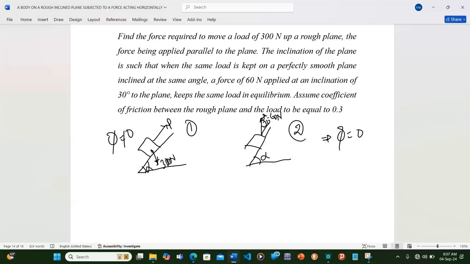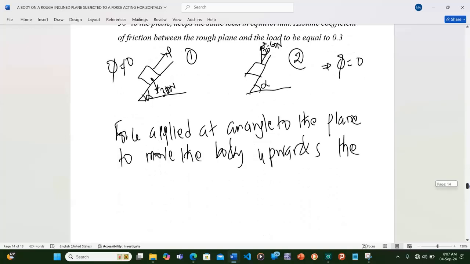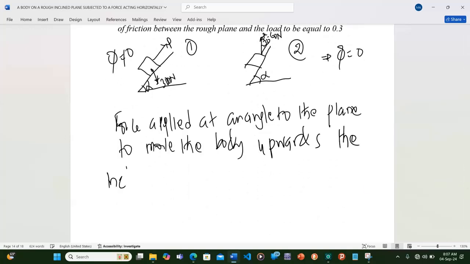But do we know the force applied at an angle to the plane to move the body upwards along the inclined plane? That force, if we call it P2,